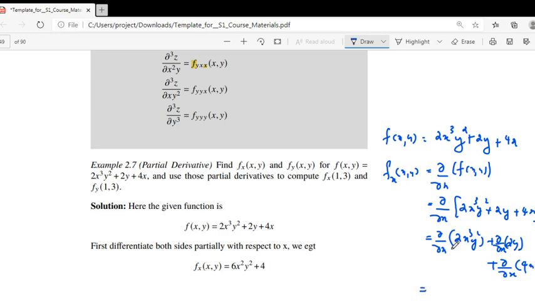that is equal to, here in the first term 2 is a constant, and during this differentiation with respect to x we treat y square as a constant, so 2y square. Then the derivative of x cube with respect to x is 3 into x square. In the second term there is no term of x, so it's a constant, so its derivative is 0. Again in the third term we have 4x, 4 is a constant, and the derivative of x with respect to x is 1. So the final answer is 2 into 3 is 6, 6 y square x square plus 4.